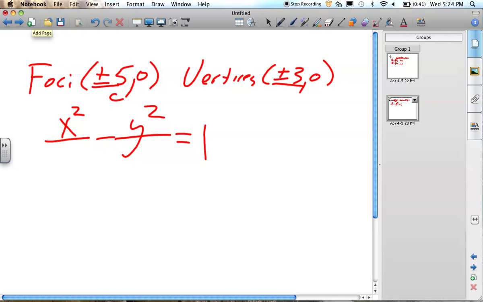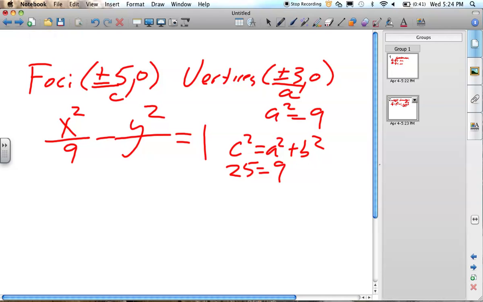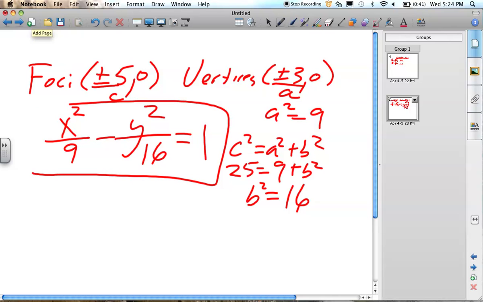This is c, this is a. So we can get our a squared, and it is going to equal 9. But we need b squared, which you have to remember: a squared plus b squared equals c squared. So I've got 25 equal to 9 plus b squared. So for this, b squared is going to equal 16. And there's the equation. That wasn't so bad. b will be